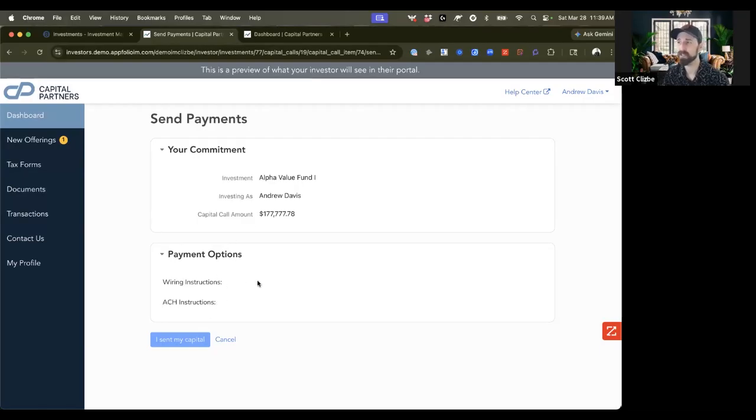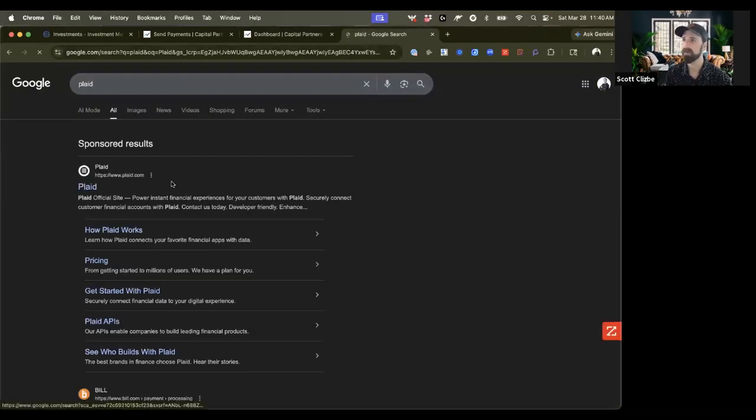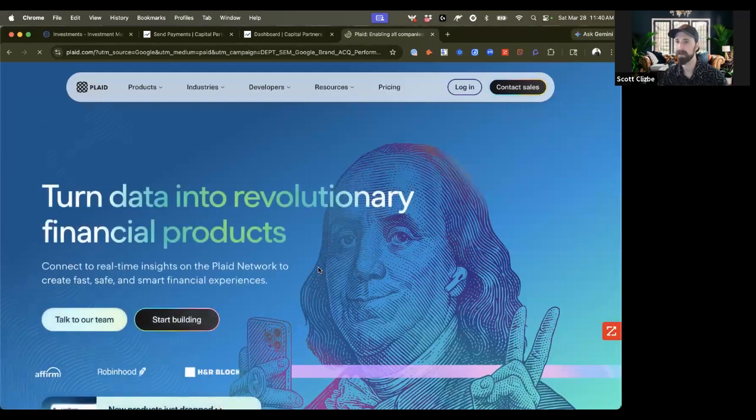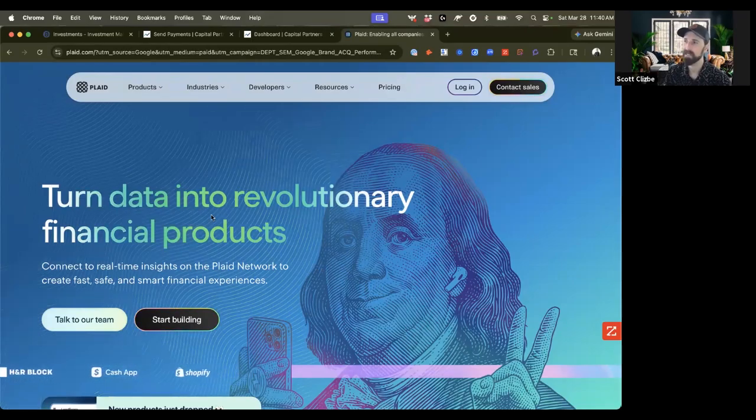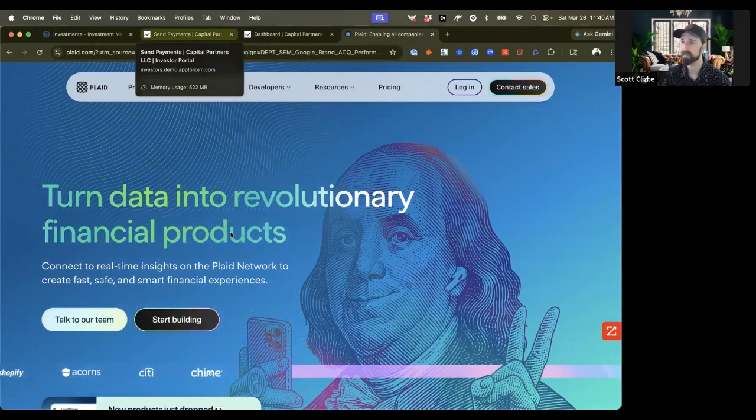You can post wiring instructions if you prefer wires, but our system has a built-in ACH functionality where investors can actually pay, just like if you were Venmoing someone money. It's not Venmo, but it's a built-in payments process supported by Plaid. How many of you are familiar with Plaid? About 8 or 9 years ago, AppFolio partnered with the folks at Plaid so that we could build that same functionality for those of you who have experienced just how quick and easy it was to, let's say,